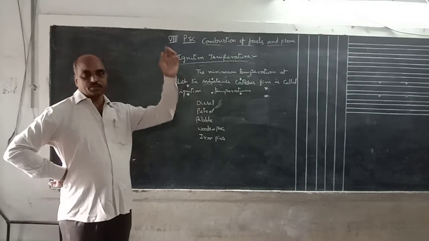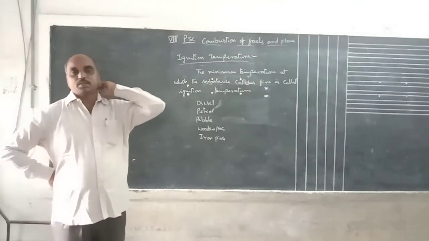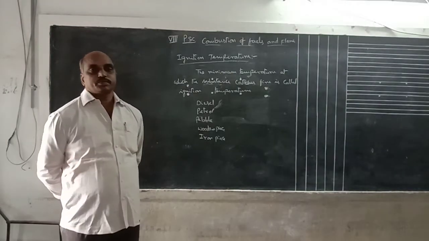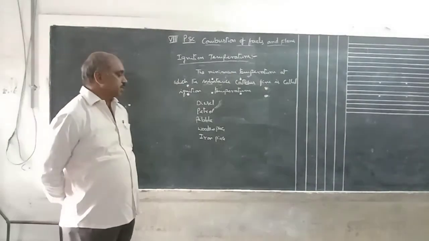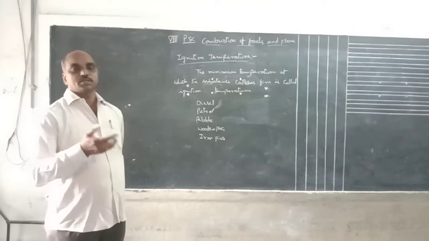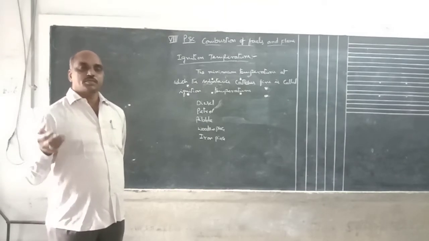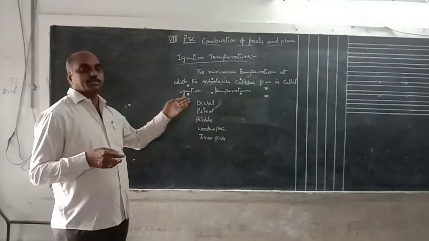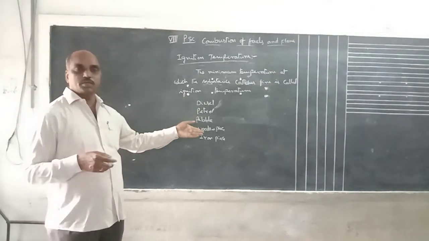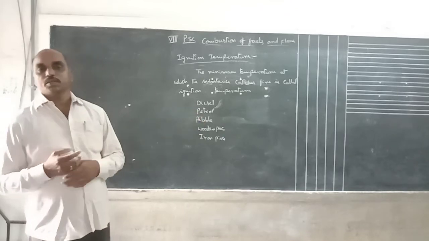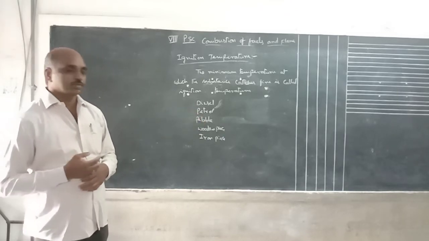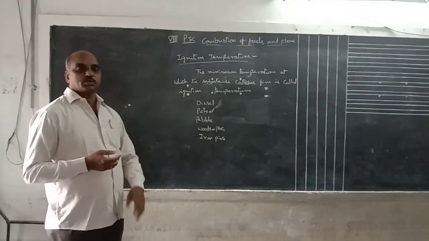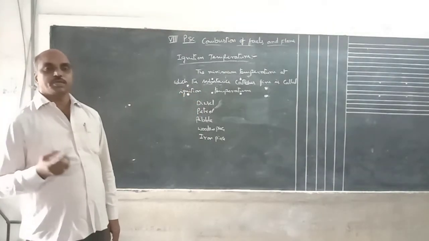Suppose an iron piece. The iron piece does not melt. That means it does not catch fire at ordinary temperatures. It needs more than 200 degrees centigrade. First the solid is converted into liquid, after that the liquid converts into gas, and only after that does it burn. It takes a very high temperature, so at ordinary temperature it won't burn or convert into liquid. High temperature is required.